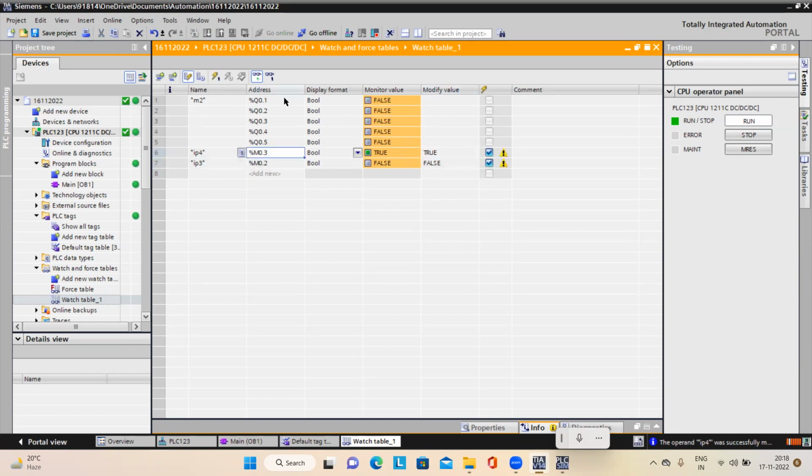Not modified yet. Okay, all are false. Okay, this is true, all are false. Now 0, modify. So like this, you can change these values here. Okay, that's what is happening in the